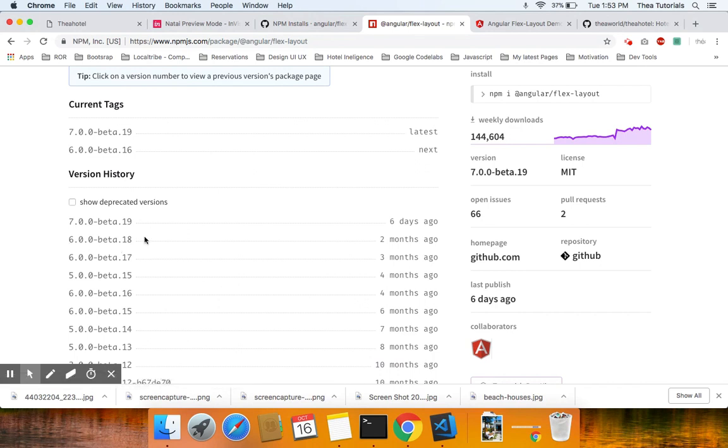Look how frequently these things update. Dash beta.18. Okay, so you want to use that. So that's what I'm going to show you now. So don't worry if you're stuck with an error. Just watch what I'm doing, and I'm going to let you know how to fix this as well. So we can get started first with